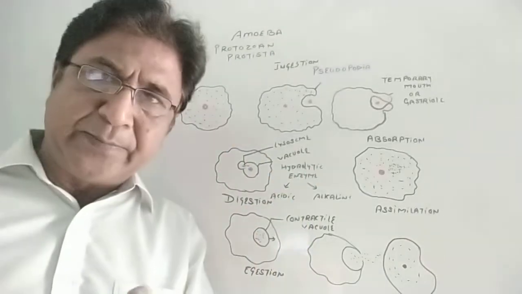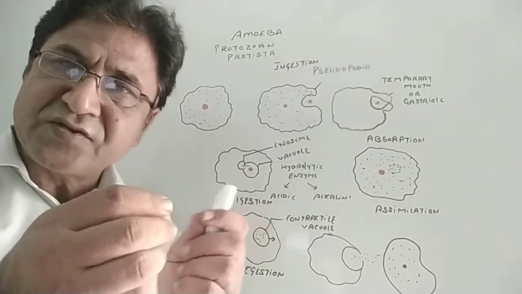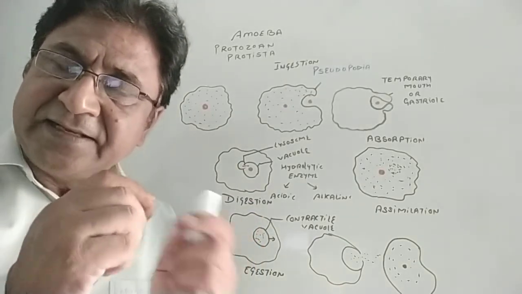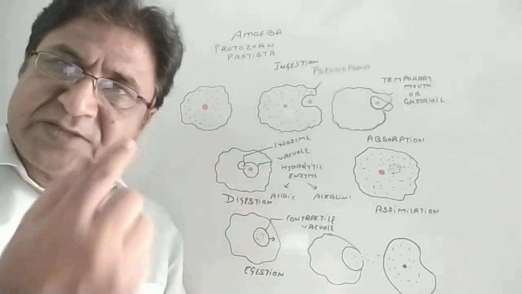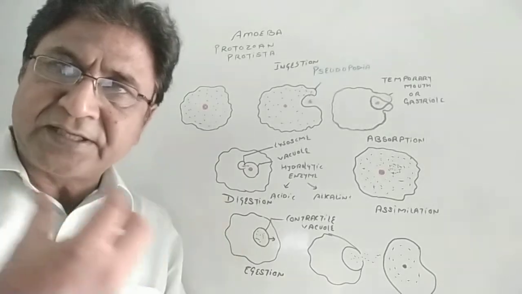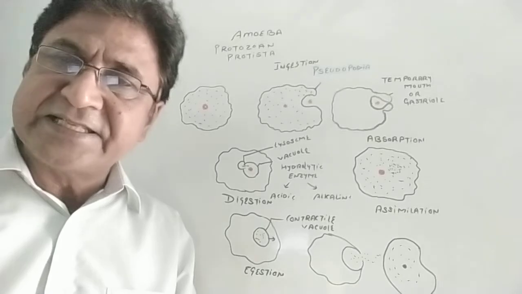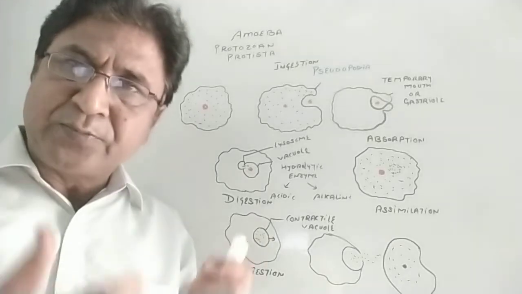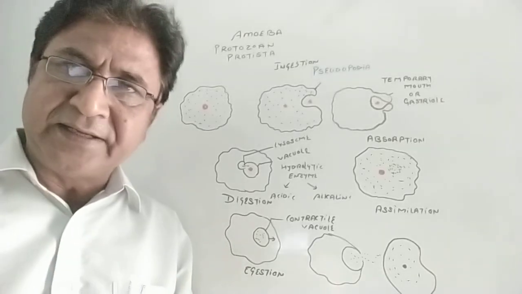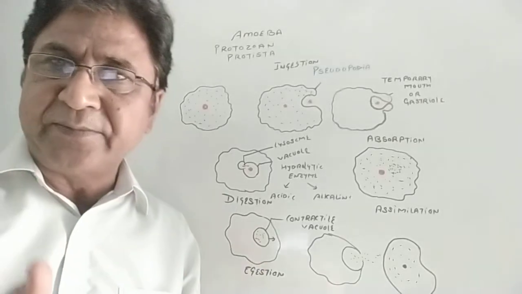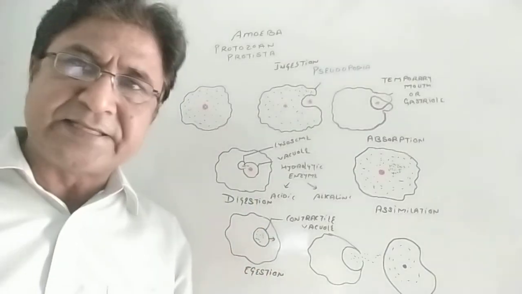Other examples, like paramecium, have cilia-like structures. They have a temporary mouth structure. Via the vibration of the cilia, a current is produced in the water where it is present. From that cilia movement, the food material is engulfed into the body. Many other protistans take in food material from anywhere in the body. And what is the food material? Bacteria and microscopic organisms are the food material of these protozoans or protistans.